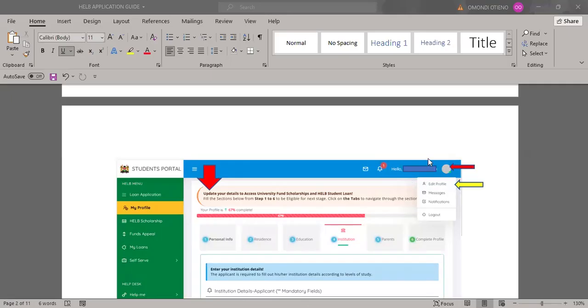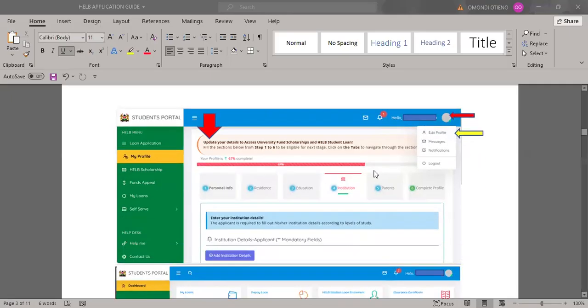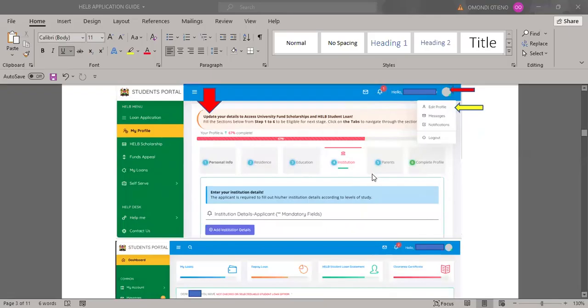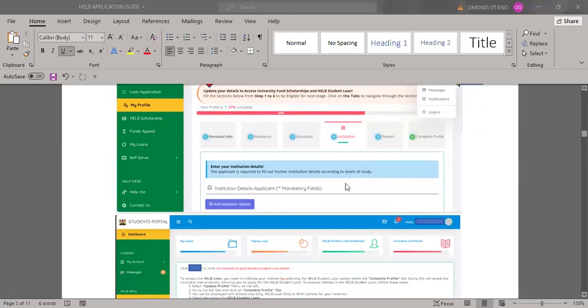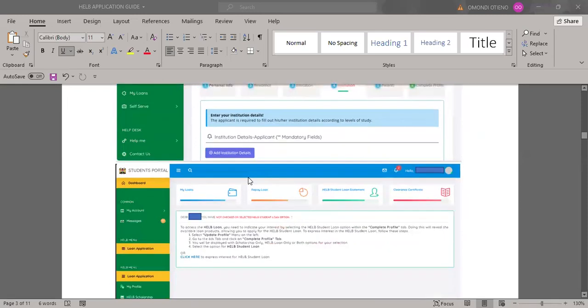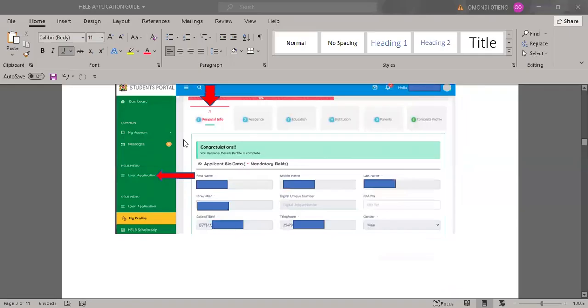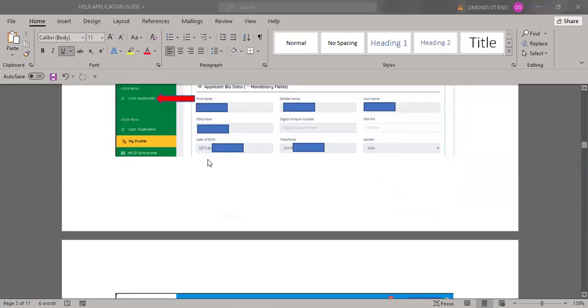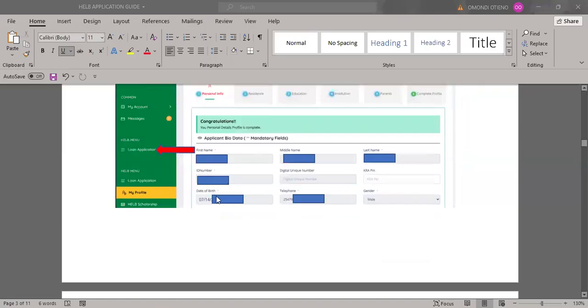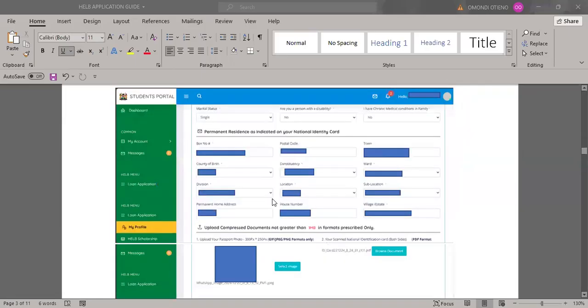So you get to this part, you edit your profile. The most important part that you need to take care of as you edit your profile is the institutions, right? The most important part which you need to take care of is this particular section here. So you'll be providing your names, right? Your details here. So this is where you're supposed to put all these details. Of course, you have them. This particular section